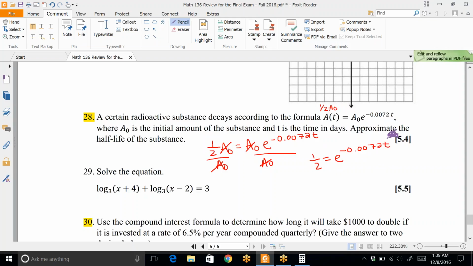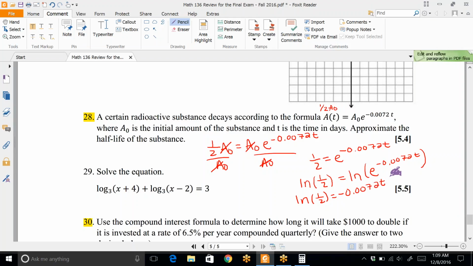0.0072 t. Because your exponent is a variable, you're going to need a log to get it out of the exponent. Our typical ones are either log base 10 or natural log. Because this is an e, I'm going to use natural log. So we take a natural log of both sides. Then we can pull that power to the front because of our power rule for exponents. So this will be natural log of 1/2 equals negative